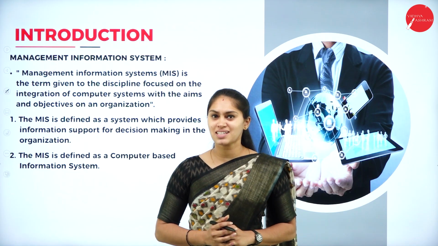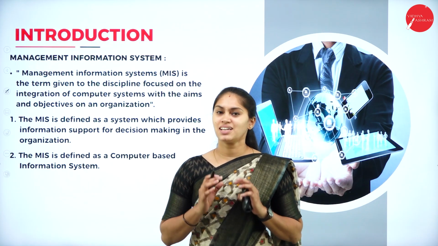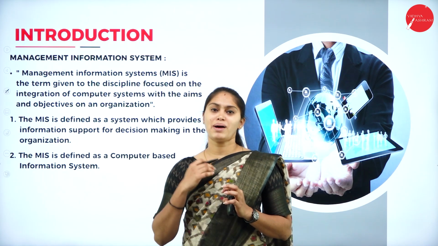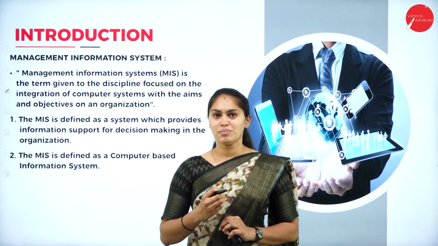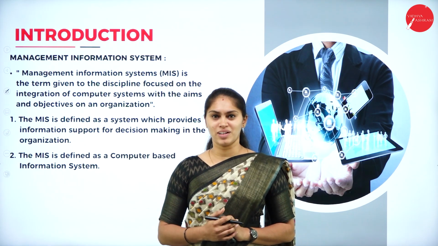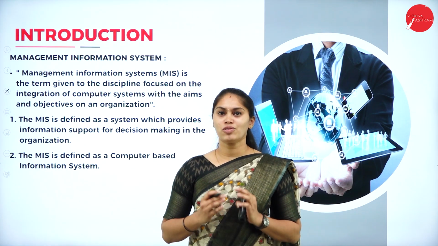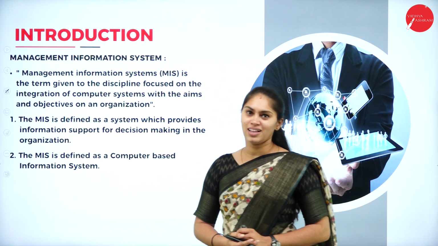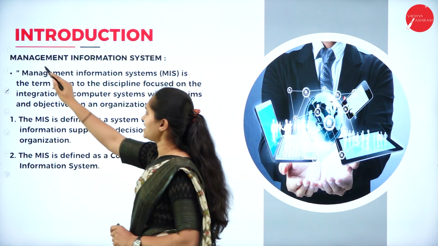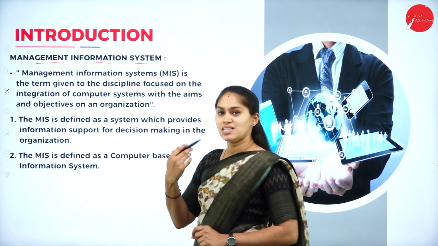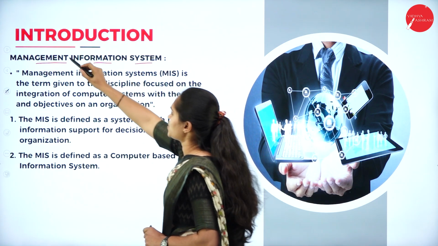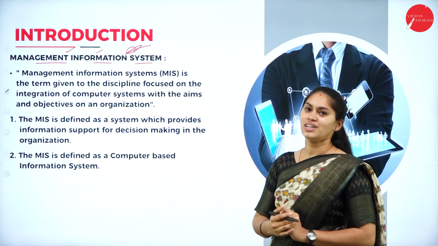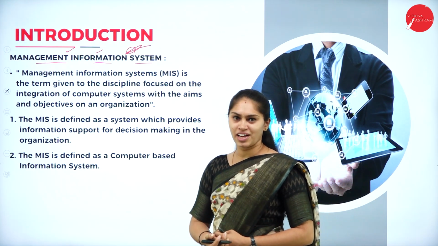So information is considered as what? A precious thing in the market. So how are we going to manage that information? How systematically can we manage that information with the help of a computer system? That comes under the category of management information system, which in short we call MIS. You can see that how we manage the information in a systematic manner is related to MIS.